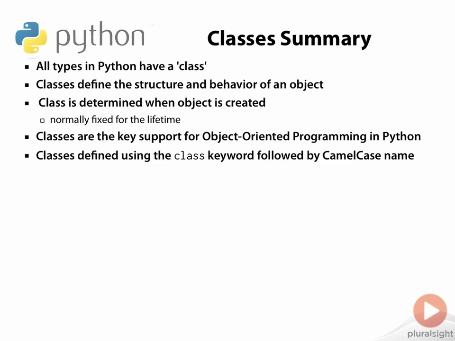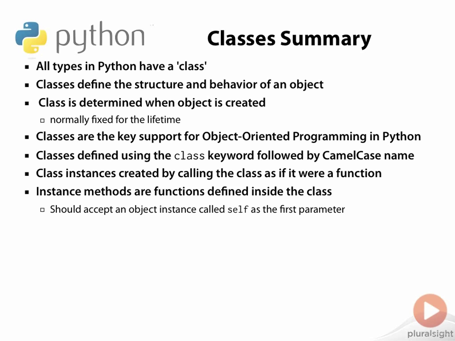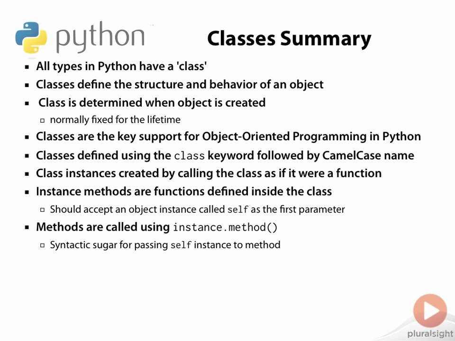Classes are defined using the class keyword followed by the class name, which is in camel case. Instances of a class are created by calling the class as if it were a function. Instance methods are functions defined inside the class, which should accept an object instance called self as the first parameter. Methods are called using the instance.method syntax, which is syntactic sugar for passing the instance as the formal self argument